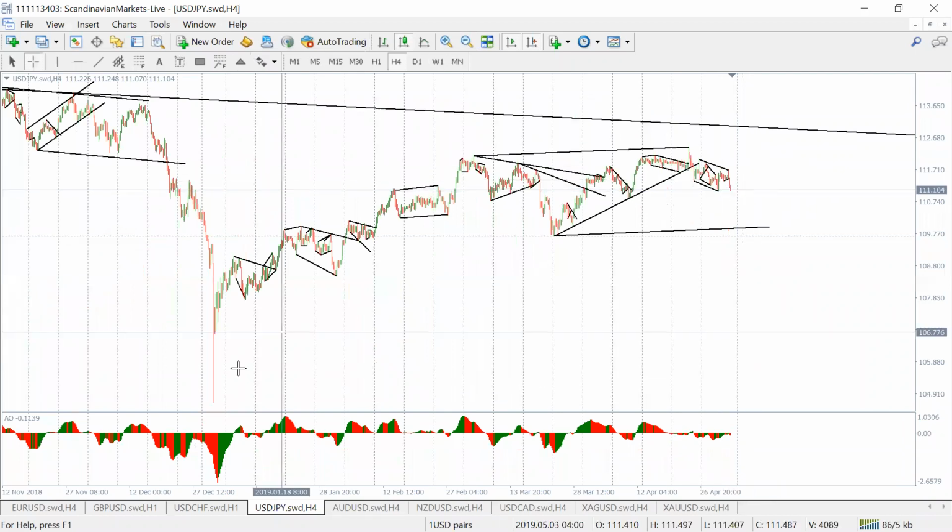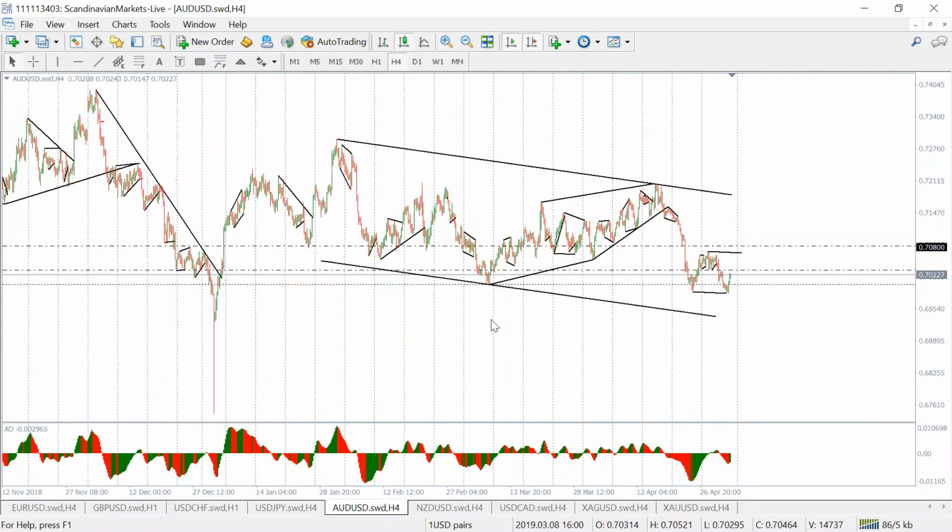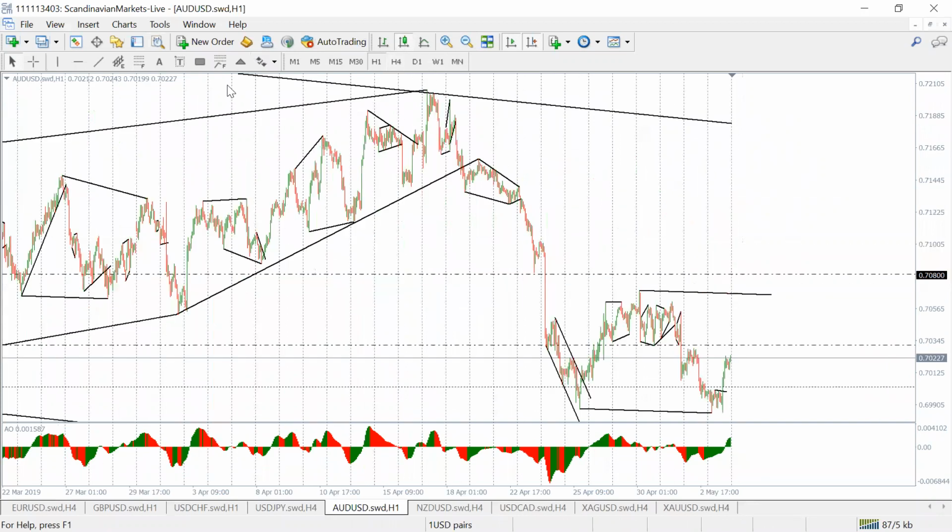So basically, they all line up, but you need an entry, and my entry would be a consolidation and then sell the continuation. Aussie dollar, same thing, slightly different in terms of the structure, because I see this as an A, B, and now we're making a C high. If we took out this low,